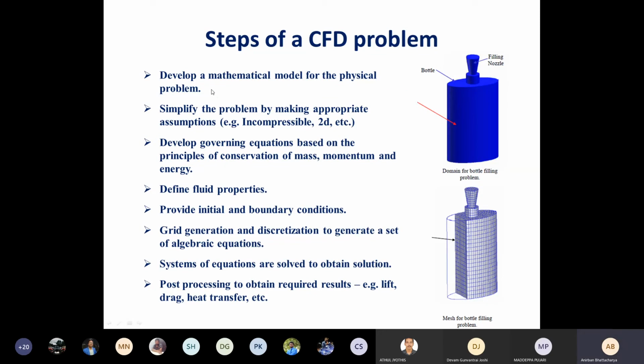First step is that I want to develop a mathematical model for this physical system. So for this case, what is the mathematical model? We know that we are going to solve for the flow, so we need the flow conservation equations. All mathematical models are governed by conservation equations, the principles of conservation of mass, momentum, and energy, and any other material. Things are conserved, right? So we know that mass and momentum are conserved.